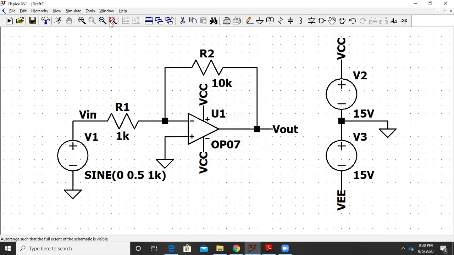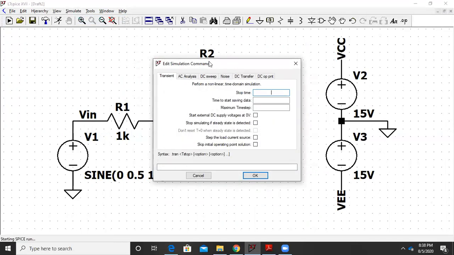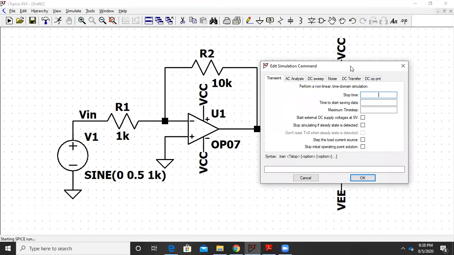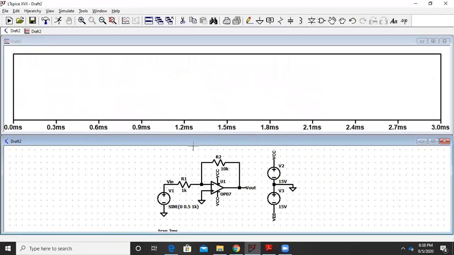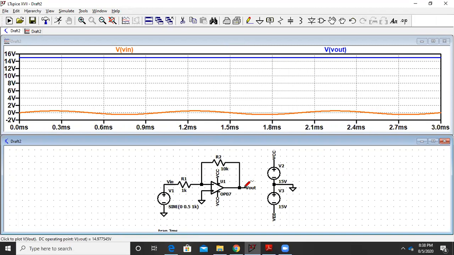Okay, so I am ready now to simulate the circuit. So I'll click on simulate, run. It will ask me for a transient response. Transient response means output and input both will be with respect to time. So here the frequency is around 1 kilohertz. So the time period will be 1 upon 1 kilohertz. That will be 1 milliseconds. Let me give 3 milliseconds. Okay, so the moment I gave 3 milliseconds, the window has come, and now I can observe the input and output waveforms. So this is my input, 1 volt peak to peak, and